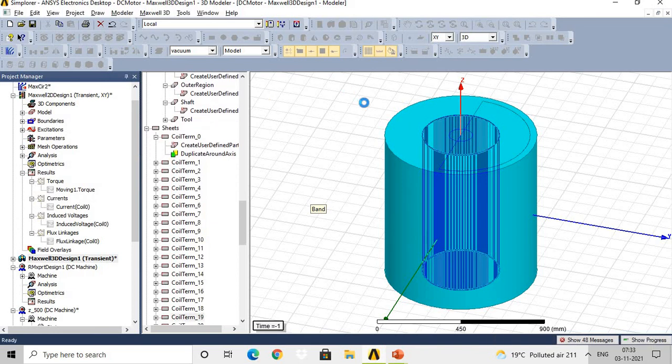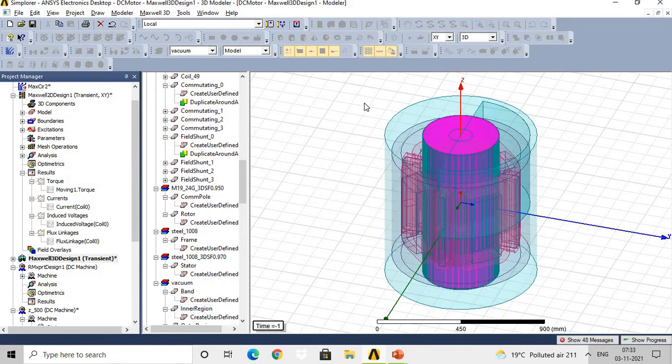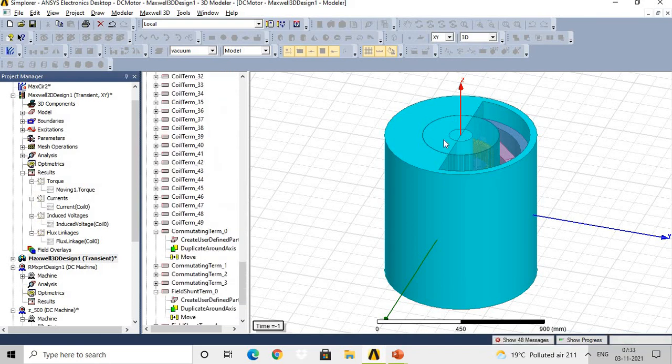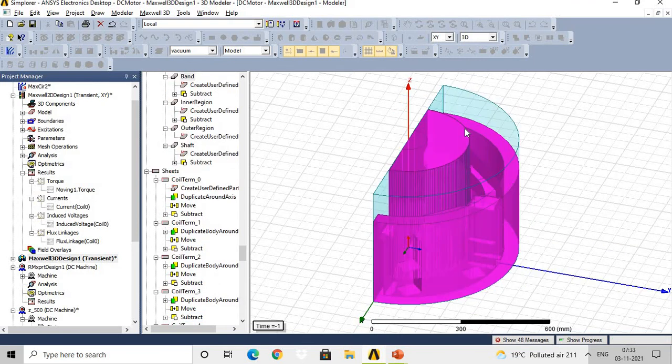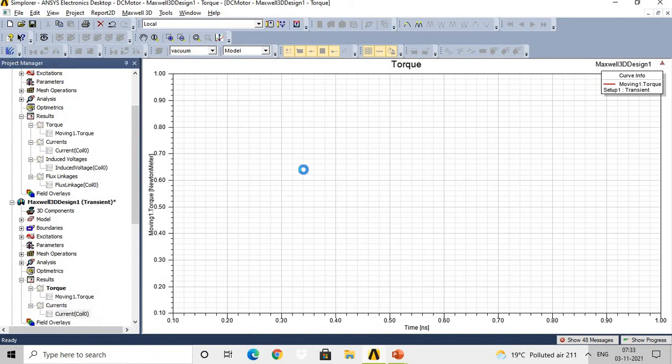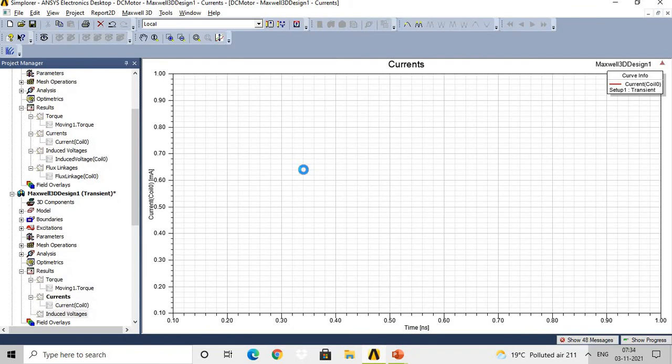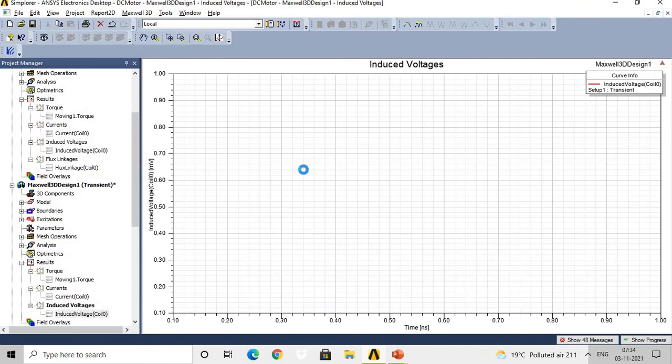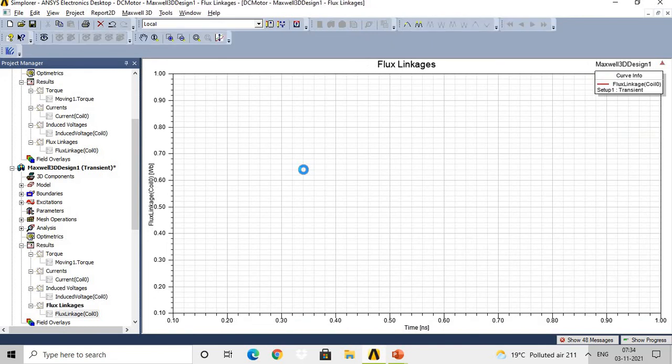Right now we are converting into the Maxwell 3D model, that's why it will take time, but step by step the model is getting converted. The beauty is that we can directly convert the RMxprt model into the Maxwell 2D or Maxwell 3D design. So right now it is available in the Maxwell 3D design, but again it is available for the 1/4 portion only. But if you want to convert into the full model, then also through certain design settings you can convert this model into the full model.